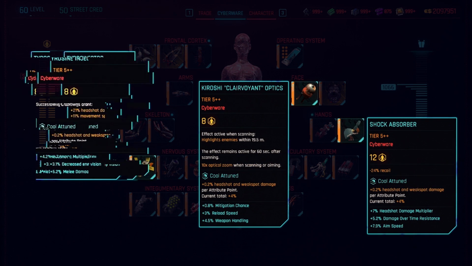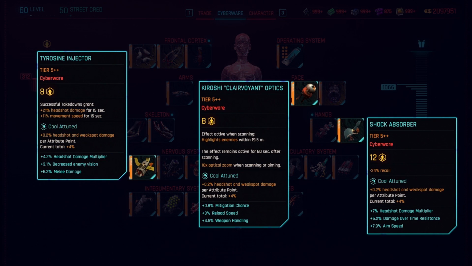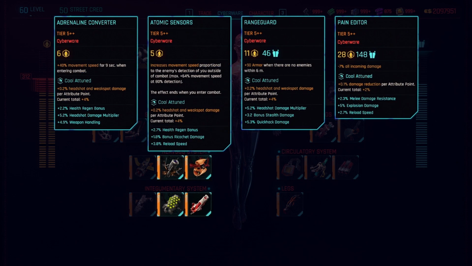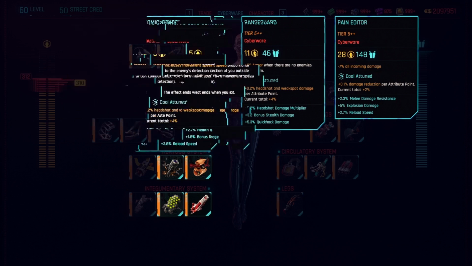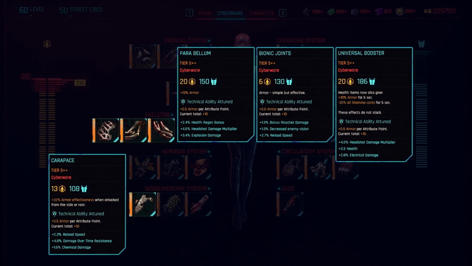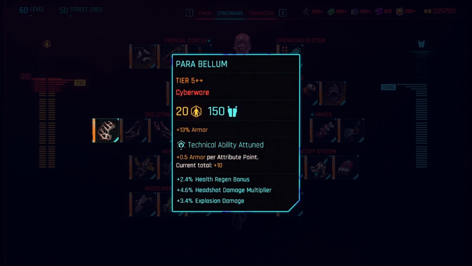Cool attuned cyberware include Kiroshi Clairvoyant, Shock Absorber, Tyrosine Injector, Adrenaline Converter, Atomic Sensors, Range Guard. To balance out all the headshot damage boosting cyberware with defensive stats, we'll get our armor up as much as we can. Install the Parabellum, which also provides percentage armor,